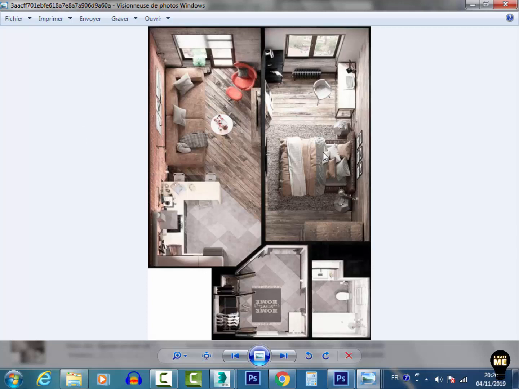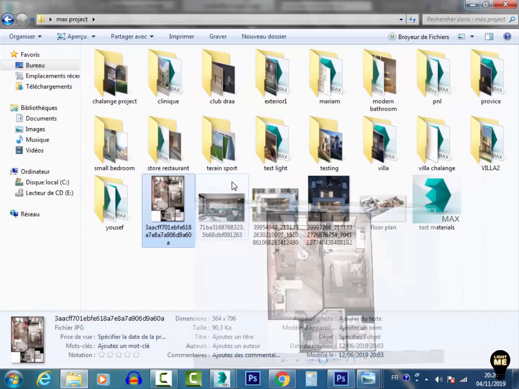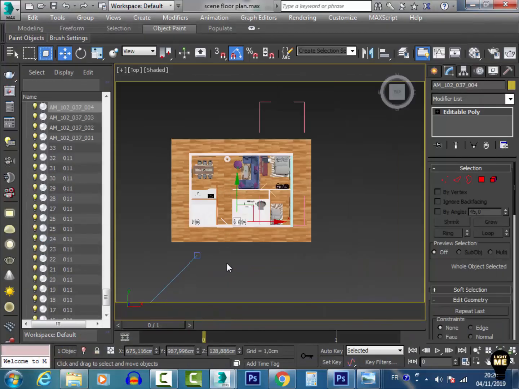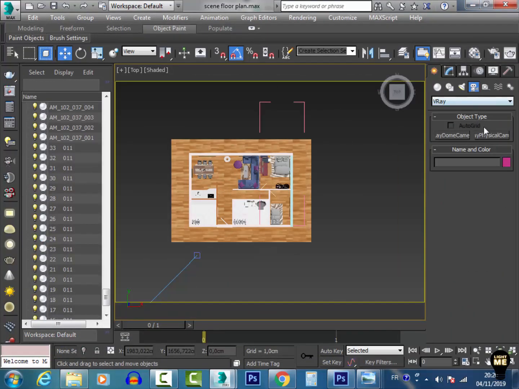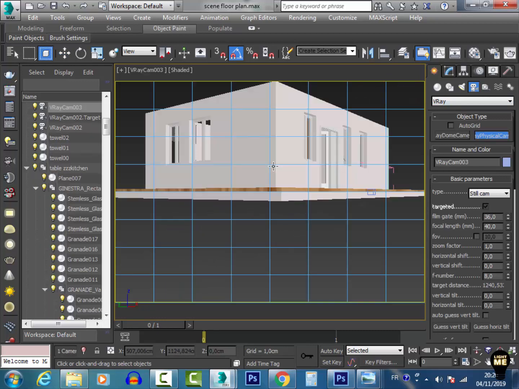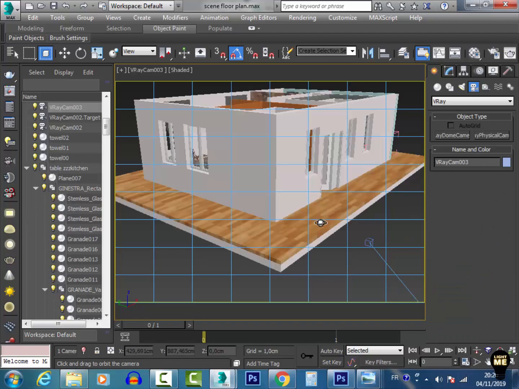This is the second mode, like you see here. We just use a real light coming from the windows. So back to our scene, I will create a vray camera like that. Hit C, back to see my scene,